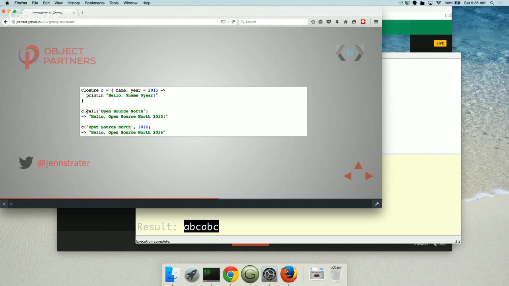They don't get run automatically. You have to, like functions, call them. And you can pass them into various other things. You can either call it or pass it in as a variable to another function.